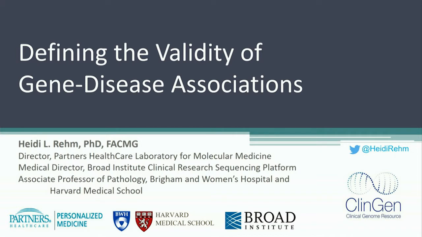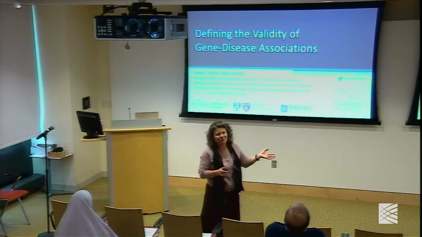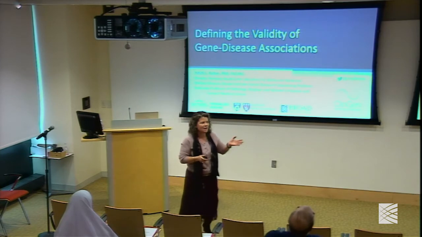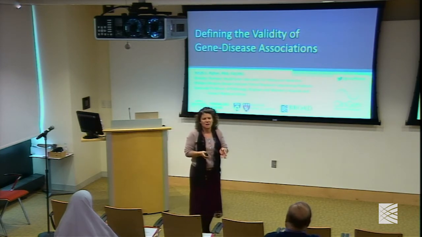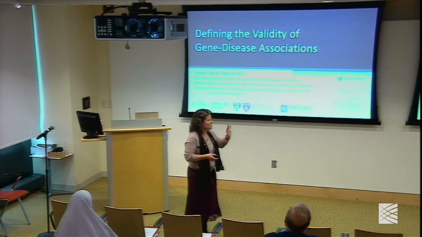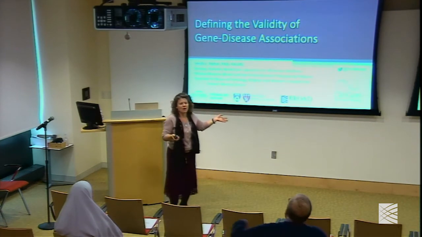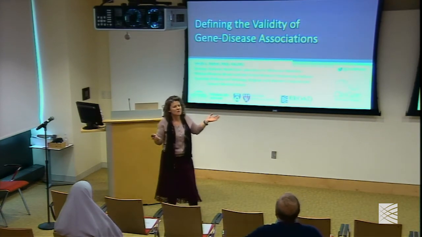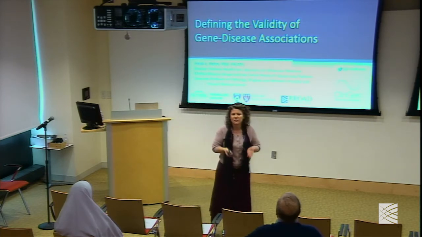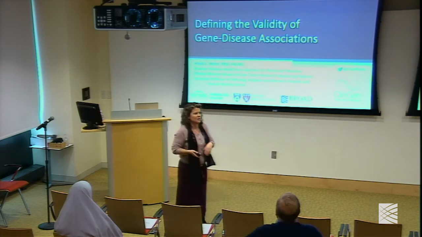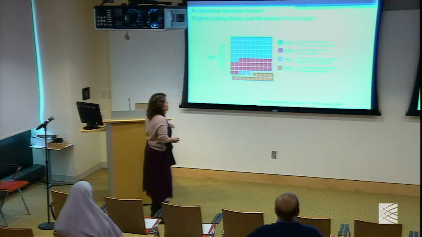So the 2 parts are really talking about, with a moan in the background, gene disease validity is what we're going to talk about today. And then next week, we're going to talk about variant pathogenicity. But today's lecture is basically the first step: before you can assess the pathogenicity of a variant, you have to know if there's enough evidence that the gene is actually implicated in disease. So that's what we're going to talk about today.